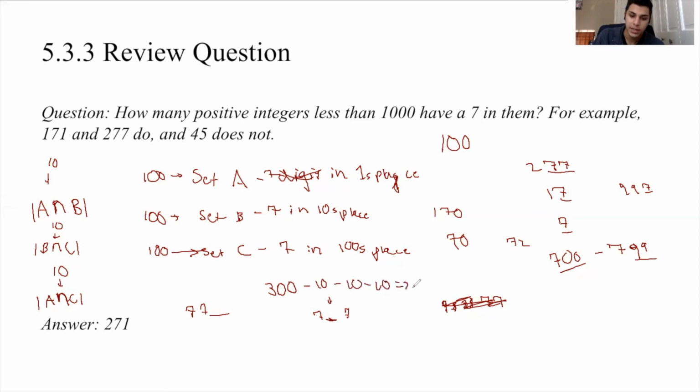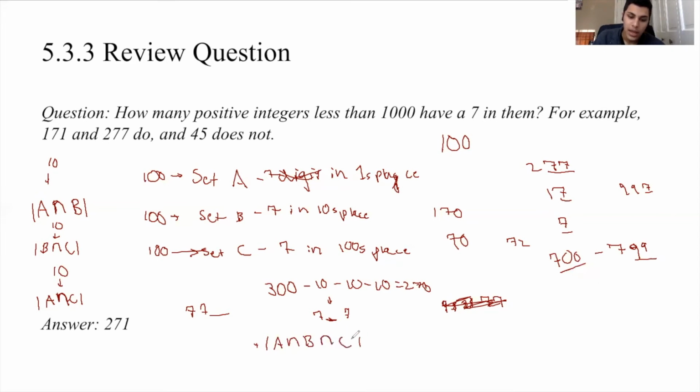to get us to 270. And then the final part of the equation that we absolutely must not forget is that when we do this and account for the numbers we've accounted for twice, if a number's been accounted for 3 times, now it's accounted for 0 times. So we have to add back the numbers that are in all 3 sets, right? So that's why we add at the end the amount of numbers in the set of A intersection B intersection